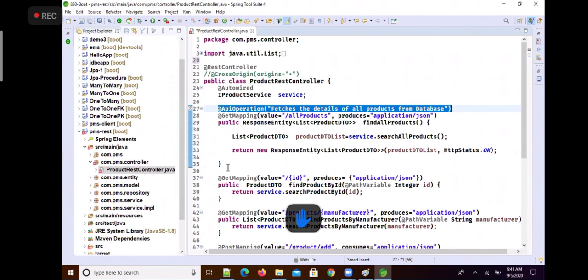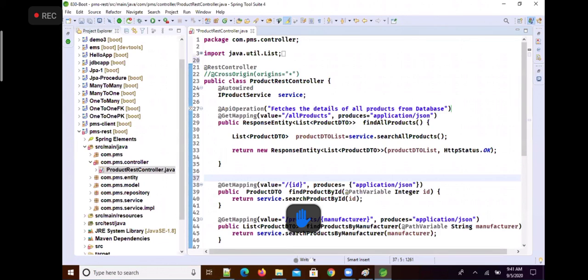Say for example, here I would like to add a description with @ApiOperation: fetches the details of a specific product with a given ID from database. Are you clear?